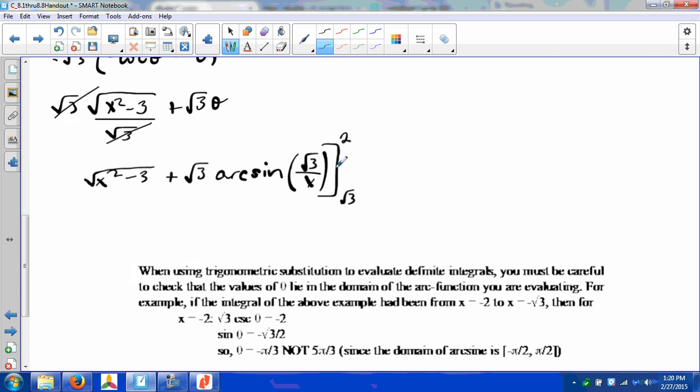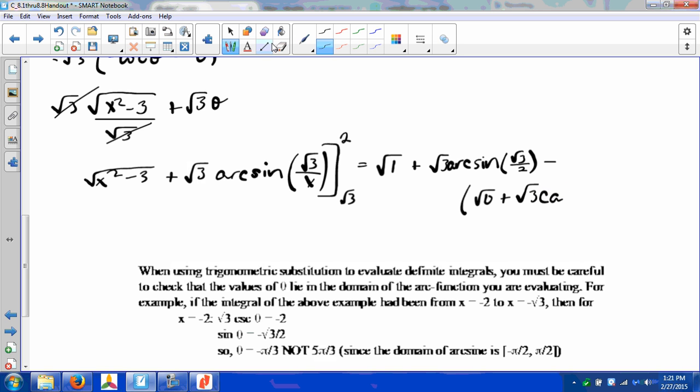So then now I can plug that in, and that gives me the square root of 4 minus 3, which is just 1, plus root 3 arc sine of root 3 over 2, oh, that's a nice one, minus, and then root 3 goes in there and I get root 0, plus root 3 arc